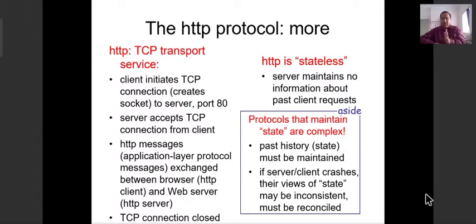So the web, or HTTP as a protocol, requires reliable data transmission. When you are searching, it must give you all the data given by the so-called Google server displayed on your terminal. So it requires 100% reliable data delivery. That's why TCP. The client initiates a TCP connection, creates a socket. We will understand what a socket is. It's a logical pipe. Don't worry. We will understand.